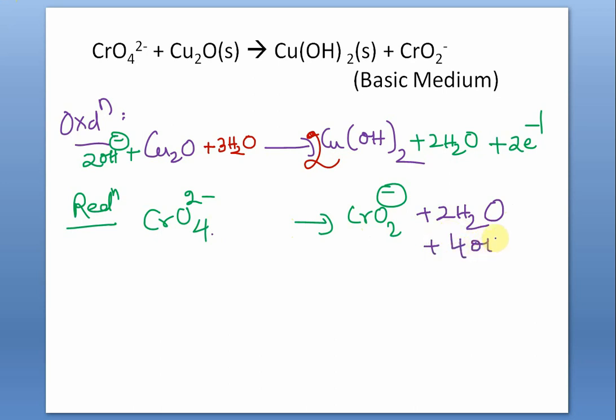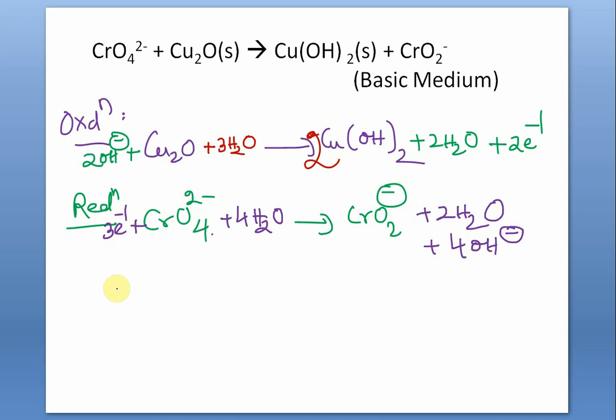So 4 OH minus ion on the same side, and immediately 4 water on the opposite side. Breathlessly I used to say that. Don't make any delay. You can simplify water here, cancel all the 2 water and change the coefficient to 2. Let us not do that. Let us add and simplify at the end. Then equalization of charge. In this side -4, -1, -5, and in this side it is -2. So 3 electrons have to be added, because reduction is the gain of electron. So altogether the left side charge will be -5 and the right side charge will be -5.